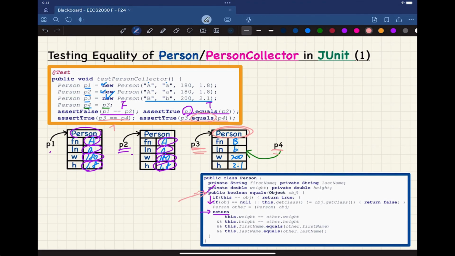And then we're going to compare basically the same objects. And you can see this right away. If this equals OBJ, so P3 is the this, and P4 is the OBJ, basically, right? So they are the same objects. In that way, we're just going to return true right away. Right? Also easy to trace. And of course, important to notice,